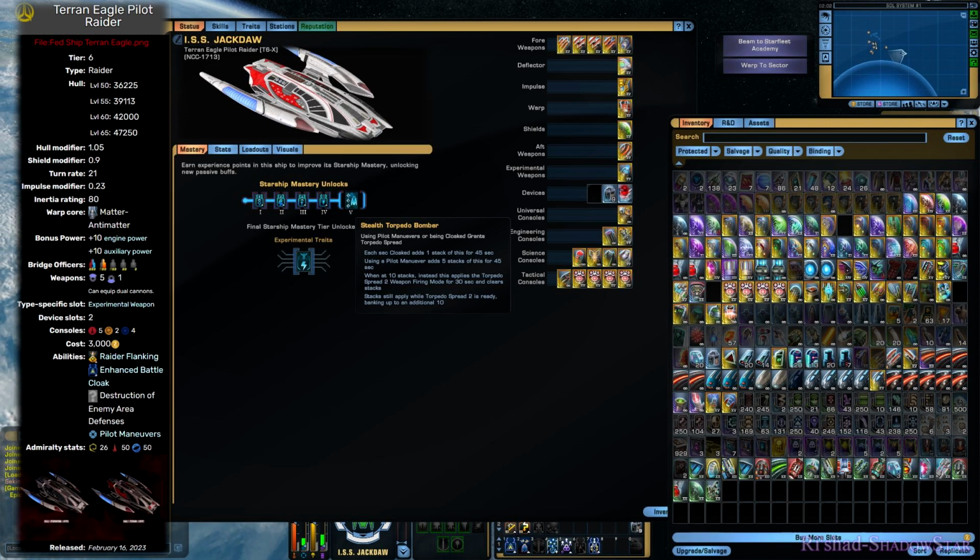So, Stealth Torpedo Bomber. When using pilot maneuvers or cloaking, it will grant you torpedo spread once you've developed enough stacks. To better phrase that. For each second of cloak, you add 1 stack, and for every use of pilot maneuvers, you add 5 stacks. Both of these will last 45 seconds. Obviously, makes it quick and easy to acquire it,